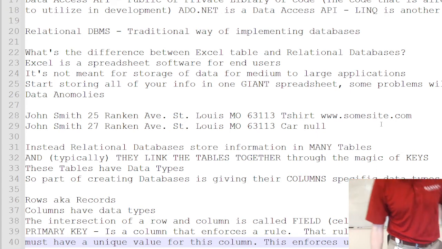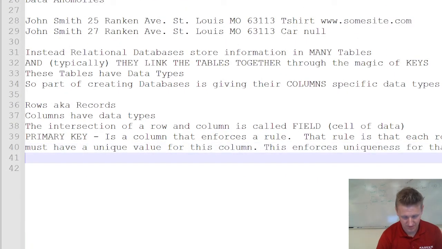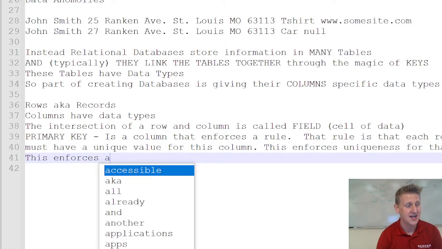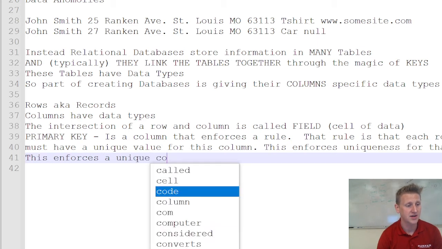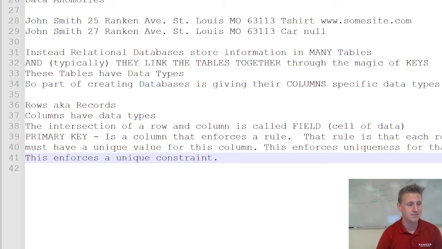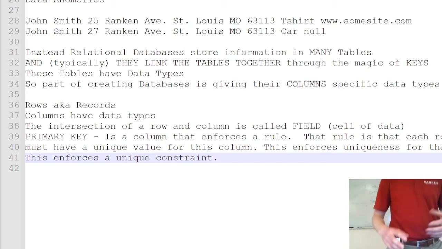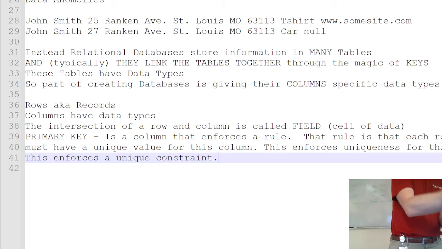Okay? You would say this enforces a unique constraint, meaning each record has to be unique. Each row has to be unique. A constraint is a rule on the data. Right? What is a constraint? Definition of a constraint is a rule on the data. Right? There's a rule that we're going to make up. This rule says every record must be unique. So in an individual table,